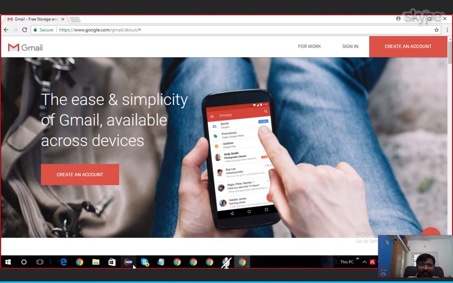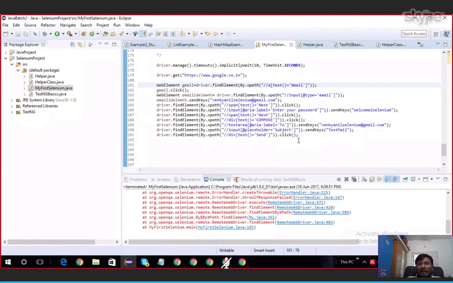Now let me finish this implicit wait. So now 10 seconds. Consider the Gmail element loaded in 1 second only. Its clickable property is still not enabled, but implicit wait will consider the element loaded and go to the next statement. But the next statement is clicking. If the clickable property is not enabled by then, this may fail.